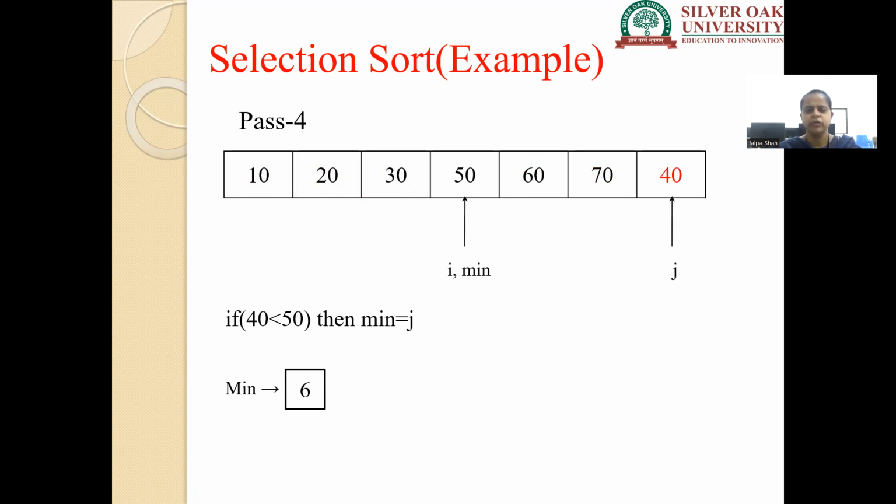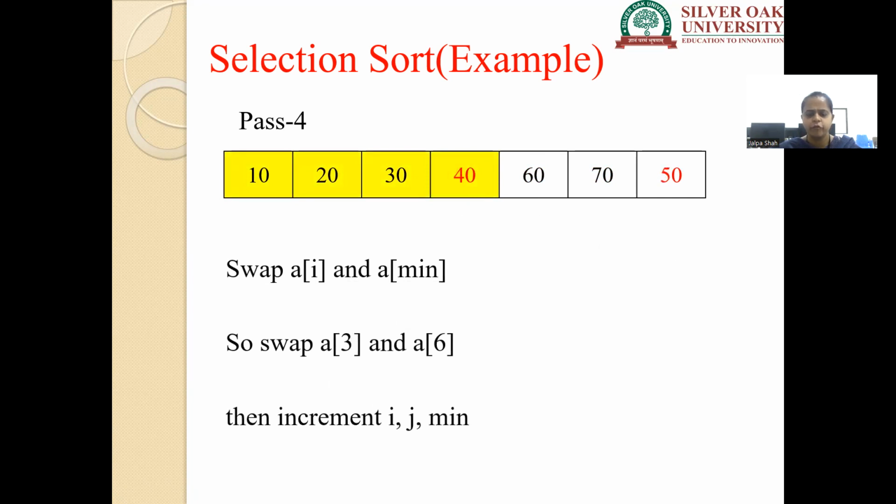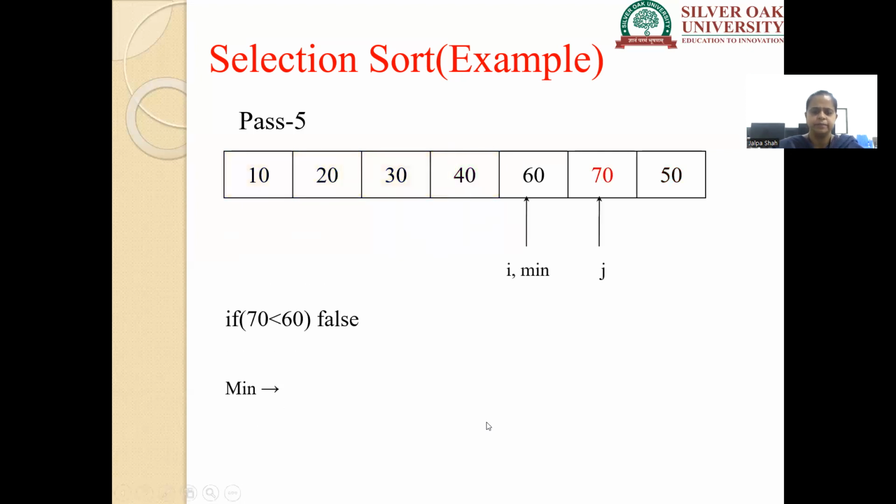Now we have reached the end of the array. So now we have to swap a of I and a of min. So 50 and 40 will be swapped. So we can say that a of 3 and a of 6 will be swapped. So 40 has occupied its position at the end of pass 4. Now again we need to increment the value of I, j and min. So now pass 5, that is 10, 20, 30, 40, 60, 70, 50, which is the output of pass 4,